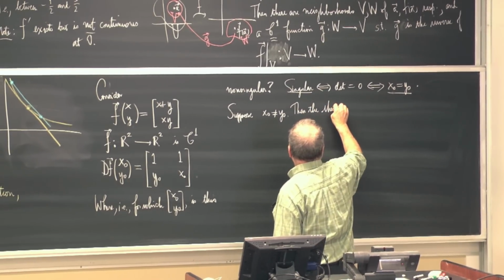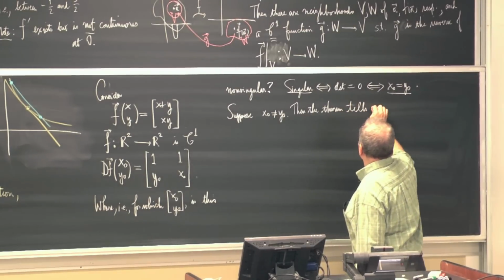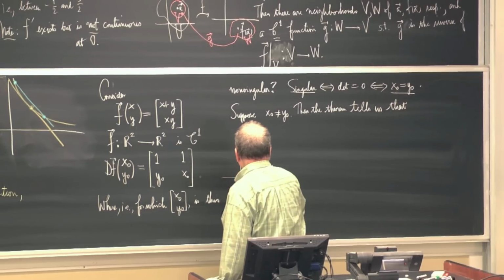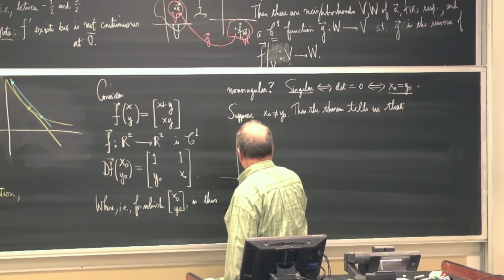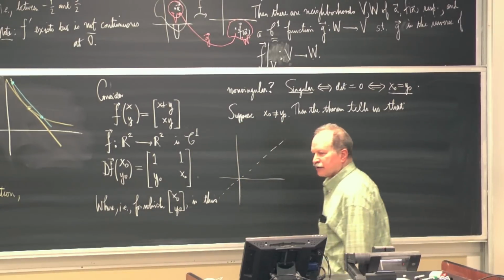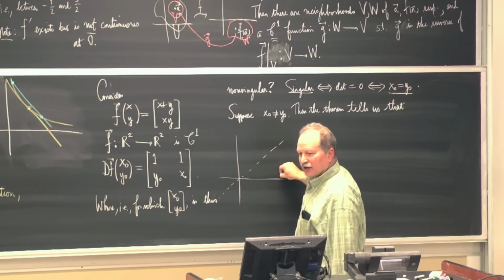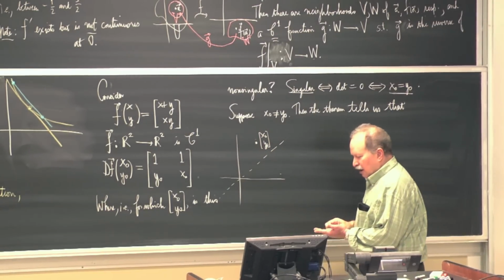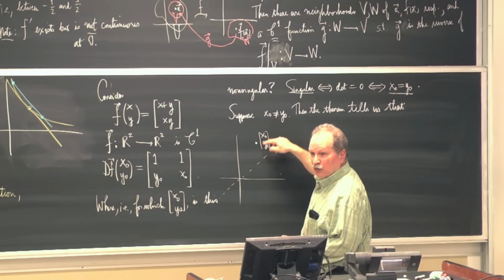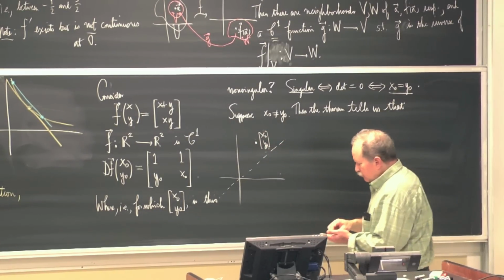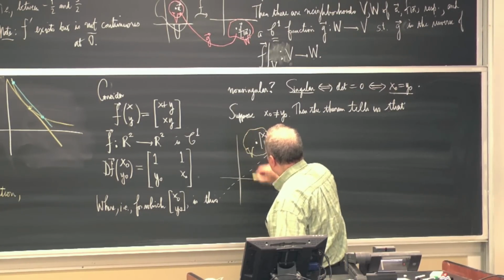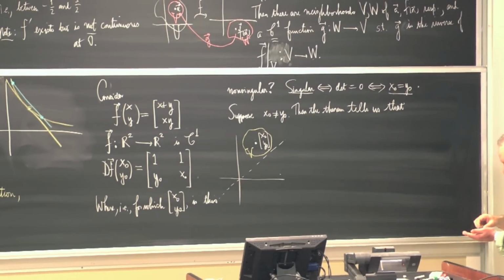The theorem tells me what? So back here in xy space, you're away from where x equals y. So you're either up here or you're down here. We're now saying that if you have a point x naught, y naught, where x naught and y naught are different, there is a neighborhood where